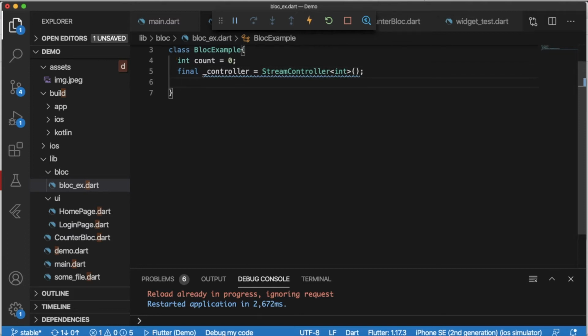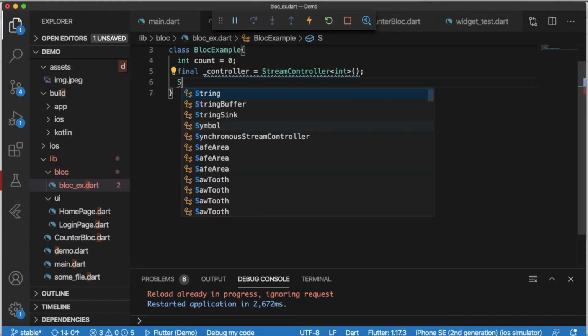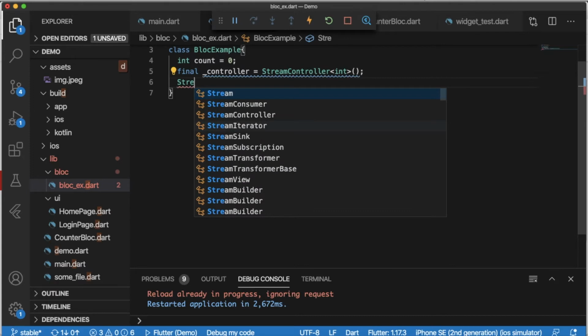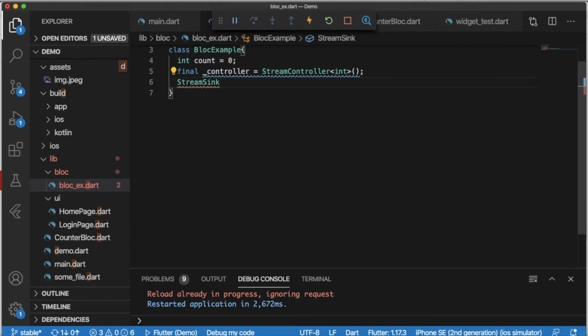Second would be the StreamSink. So I will create a StreamSink, which would also be of type int.